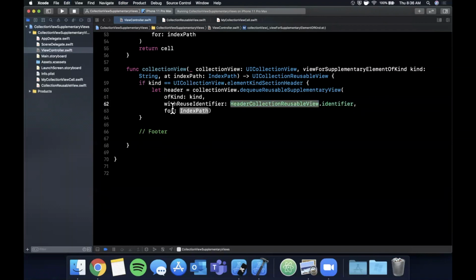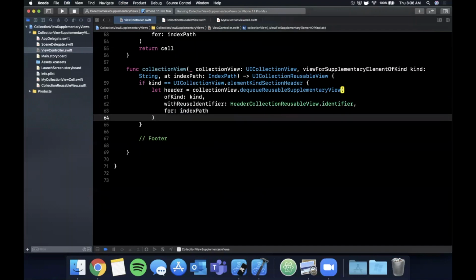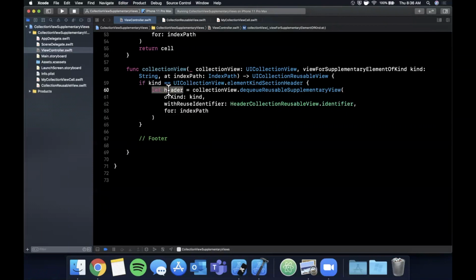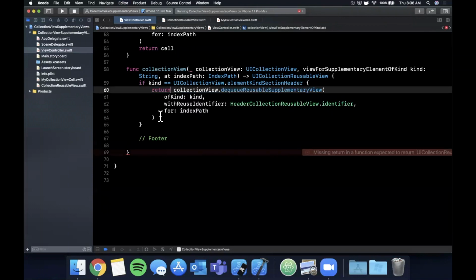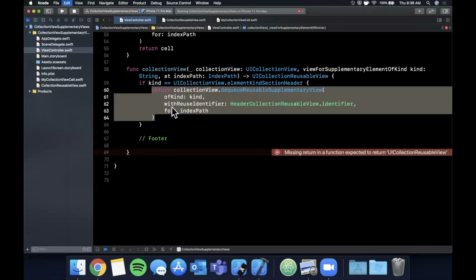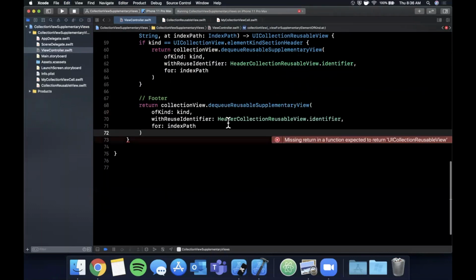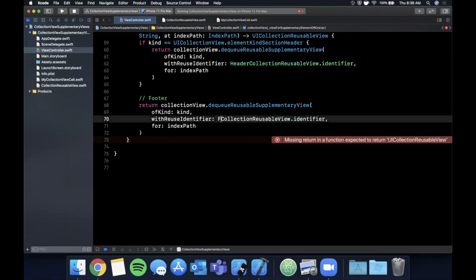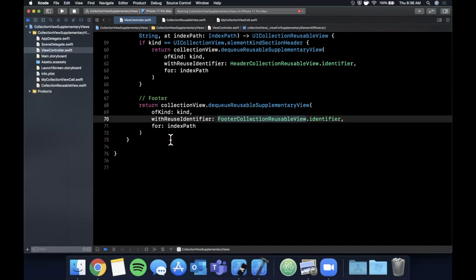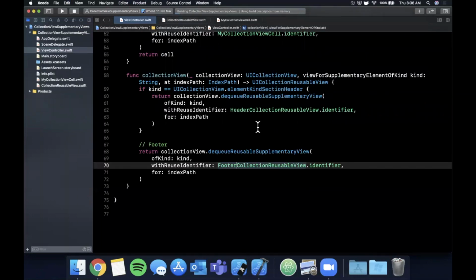And the index path also comes from the function itself. And we can actually go ahead and simply put return right there. And that'll dequeue and return that header. And similarly for the footer, kind is still kind. The only thing that changes here is footer. And let's go ahead and hit Command R, and let's see if it builds and what we get